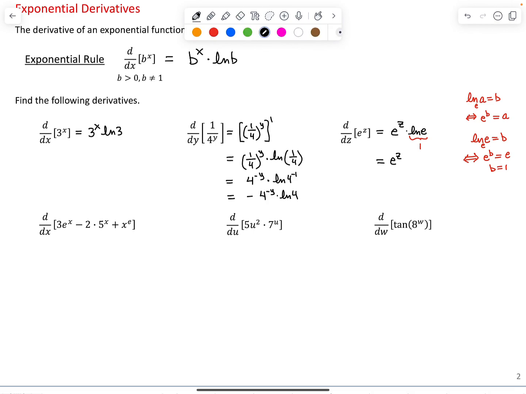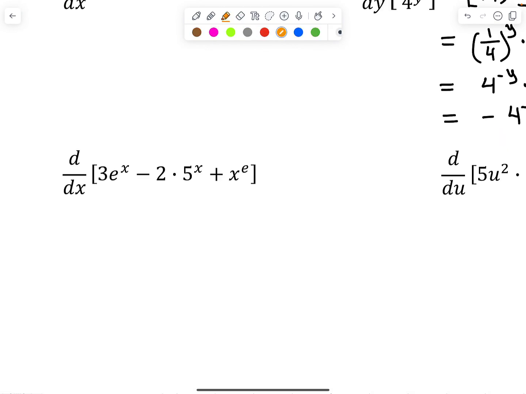3 more derivatives on this page. Here we have 3 functions being added together, so I can differentiate term by term. Here we have a constant times a function, so I can factor the constant out and then only worry about differentiating the function next to it. For this middle one, be careful you avoid the temptation of multiplying the 2 and the 5 to make 10 to the x. The x is only a power on this 5, but the minus 2 can be disregarded for